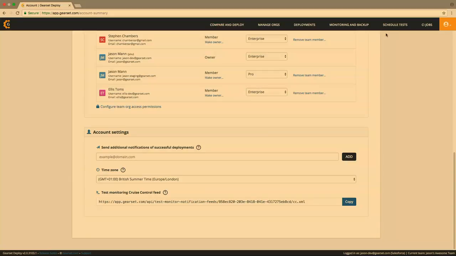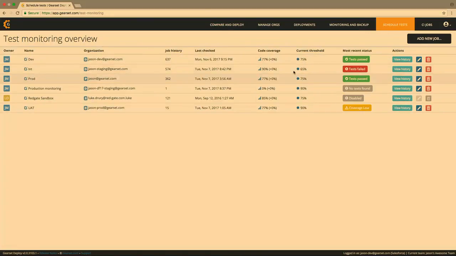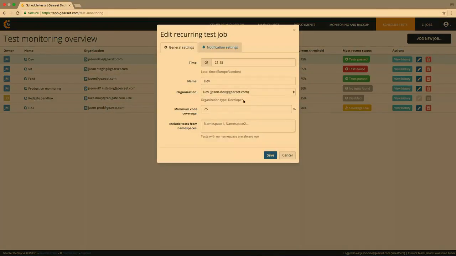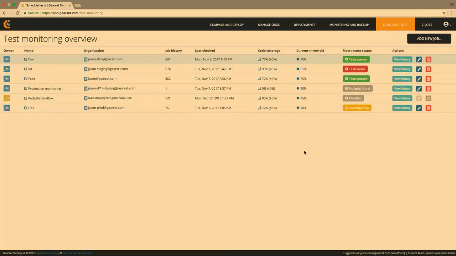So if I were to jump back to GearSet, for example, and I go to my test menu, and let's say we take our developer environment here, and what I'm going to do is change the name of this job. We're going to change it from dev, and since we're at Dreamforce, we're going to call it DF17 and hit save. And what you're going to see in a second is, there you go, our developer environment has now turned a lovely shade of rainbow colors. It's flashing all sorts of different ones all over the place. It's obviously a little Easter egg we built into the product, not particularly useful in terms of working out what's going on with your tests, but again, it's just an example of the kind of fun you can have